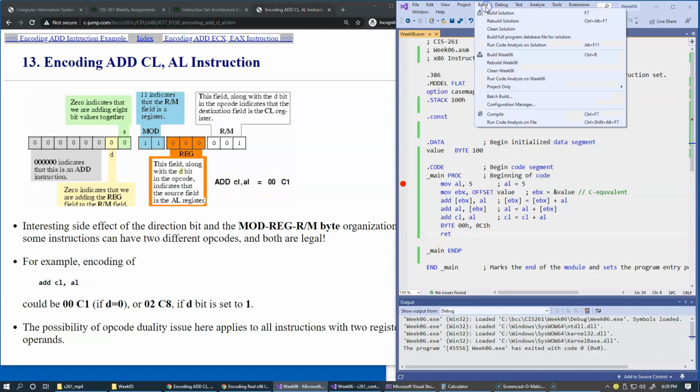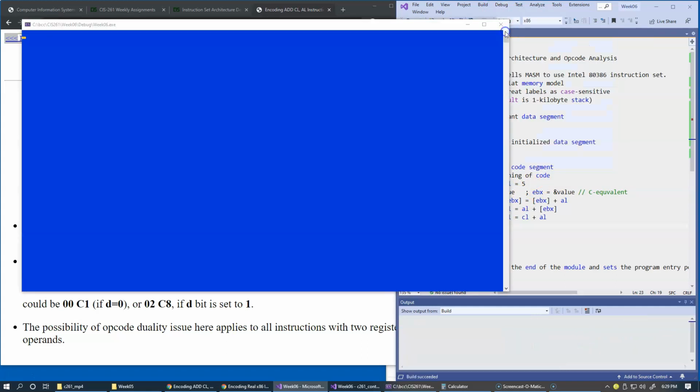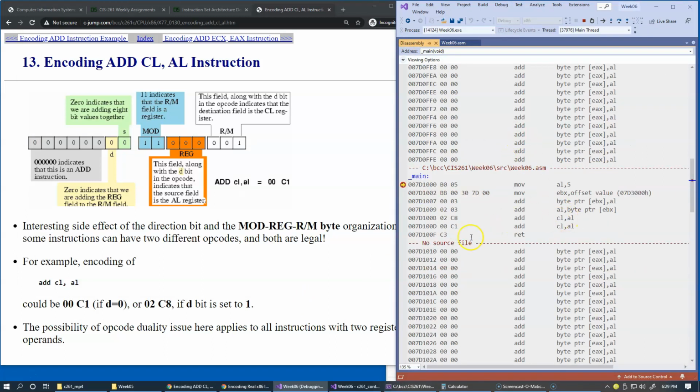So let's build this. And the assembler really doesn't care how you specify your instructions. You can just hard code them in binary values if you'd like. So I picked this binary value right here from this handout. Let's again start in debug mode and switch to disassembly. And you can see that both of these instructions, add CL, which are basically the same instruction, can be encoded in two different ways. So the second instruction is the same instruction,